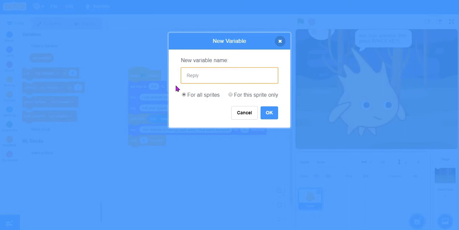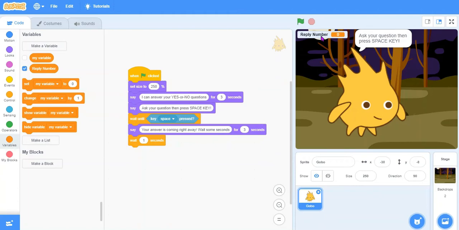Reply number. So I have my reply number. I don't want to say it here. So when I start the project, I have to set this reply number. Set my reply number to